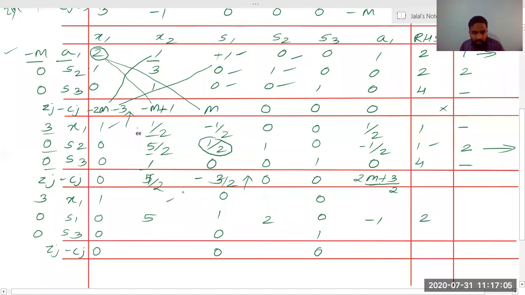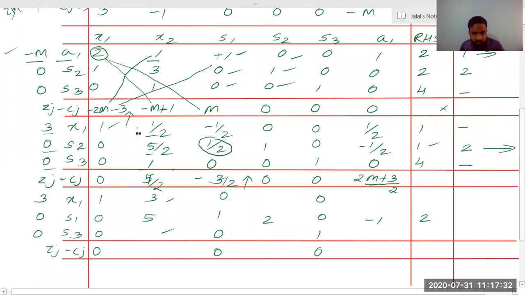So we need to find this value. This will be 1 by 4. Okay, 1 by 4 plus 5 by 4 will be 6 by 4. So what we are getting is 6 by 4. Now we have to divide it by 1 by 2, that means we have to multiply it by 2. So 1 by 4 plus 5 by 4 is 6 by 4. 6 by 4 into 2, so 12 by 4, what we are getting is 3. Okay, so we have got the first value, which is nothing but 3.